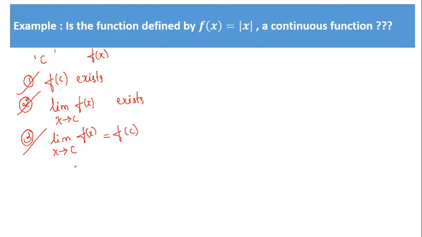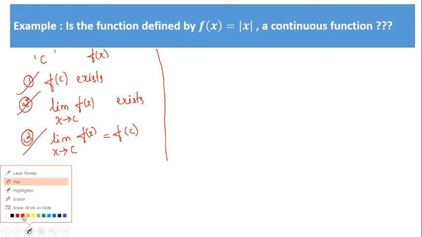Okay, if we find it is not continuous at a particular point, we'll say it is not continuous at this particular point, but everywhere else it is continuous. Okay, so this is how we check for continuity. I hope you remember the definition. So we'll move on to the problems again.